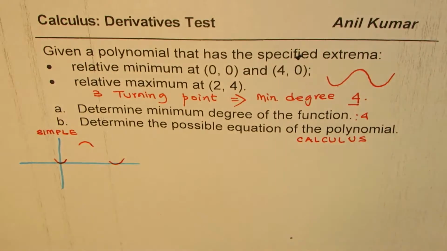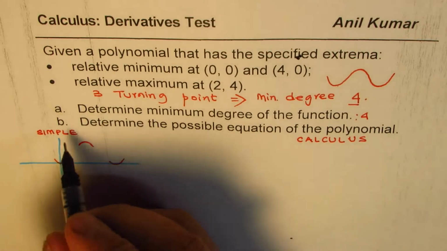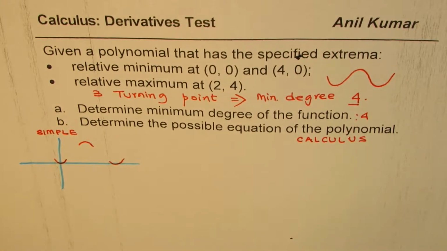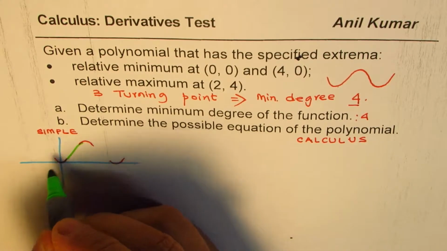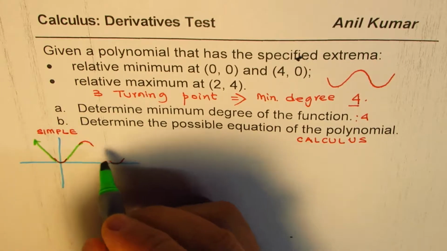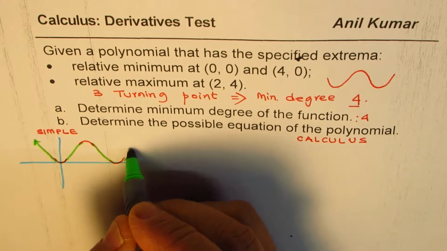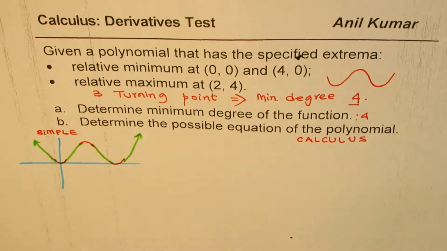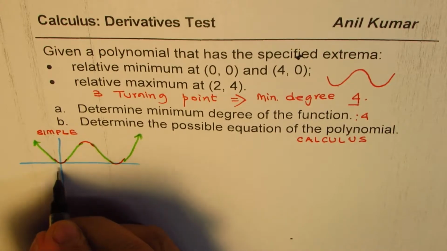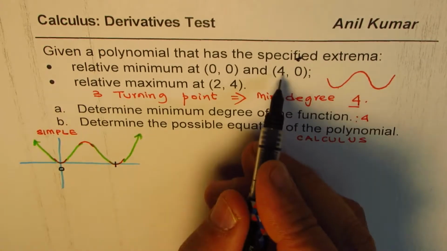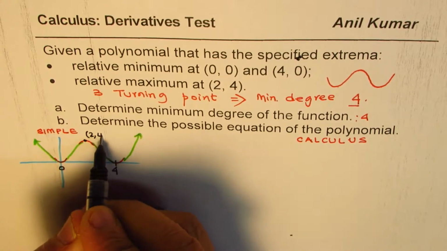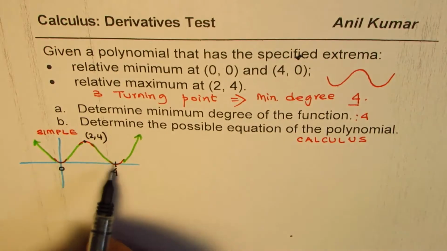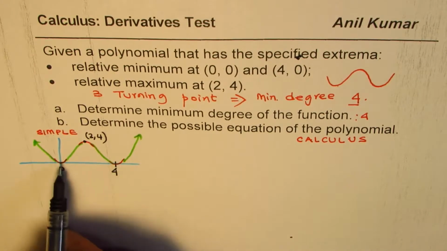So combining these, better to use another ink, it gives you a good feel of what we're trying to do, right? So that information is given to us. We just make a connection between the information given and the polynomial we're talking about. So we get a graph of a polynomial. Now that should be simple to find the equation, since we know that this location is 0 and this location is 4, right? And this point here is (2, 4), correct? Now since we have two roots, rather zeros, real roots,